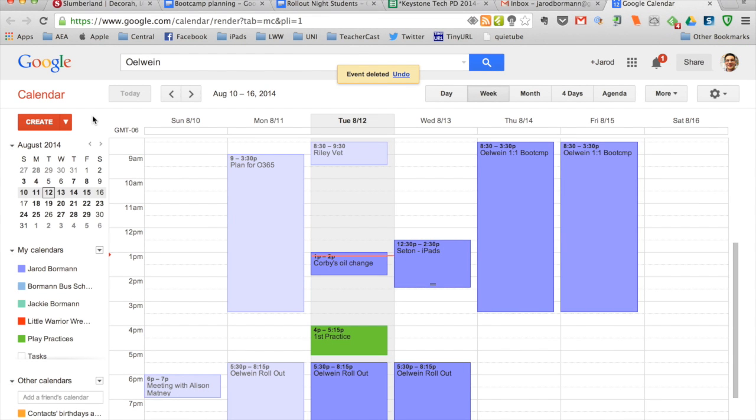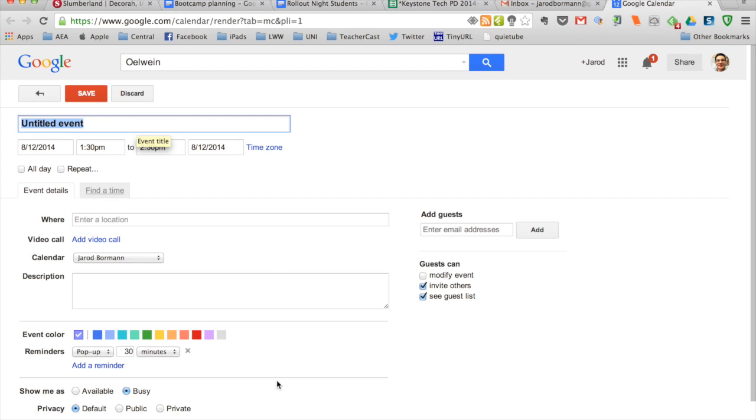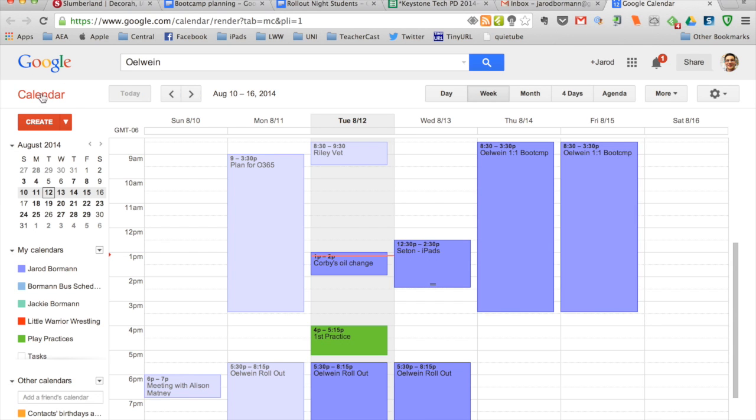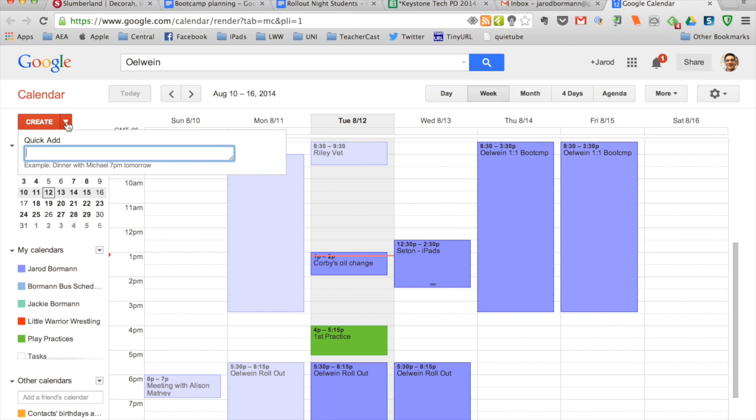Another handy trick here when adding events very quickly, if I wanted to, I can simply go up here to this red button above the small calendar, create, and when I do, it'll bring me to the details window where I can punch in all the information specifically that I was doing before. Or if I go back, the drop down arrow allows me to do the quick add option, which brings up a box, and you'll notice that I can go ahead and type in the event that I want to put